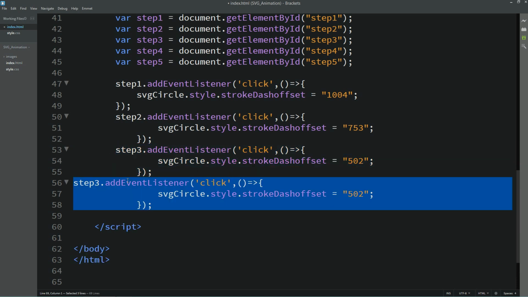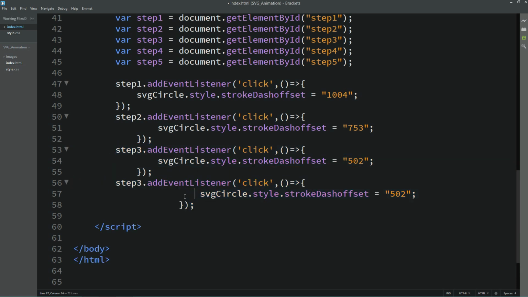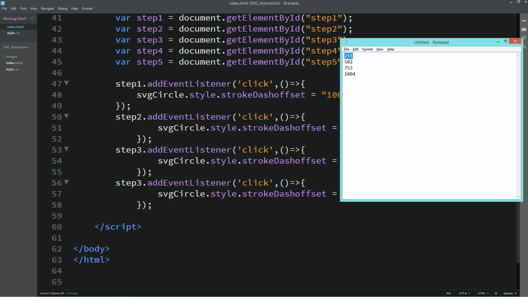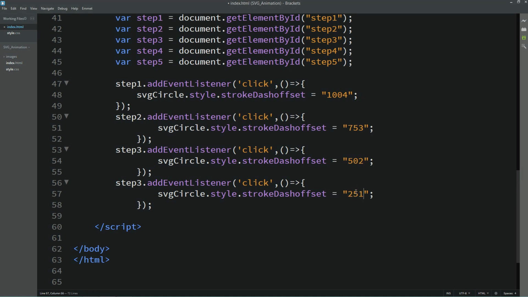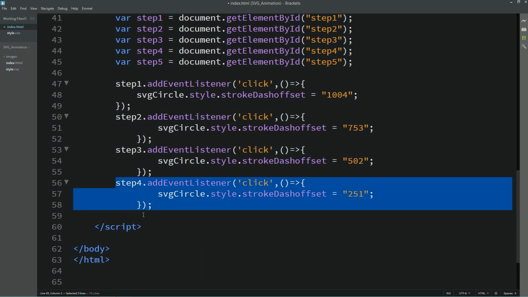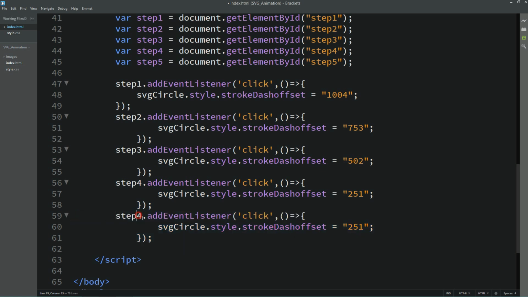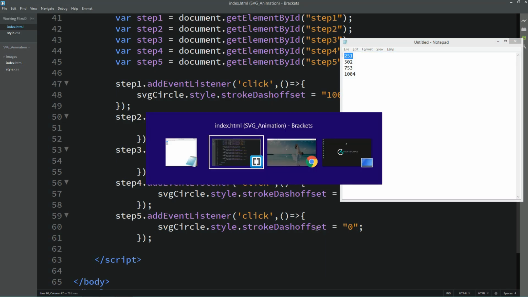Let's copy it again. And copy the next value, which is 251. And it is step 4. Let's duplicate it and change it to step 5. It will be 0. That's it.